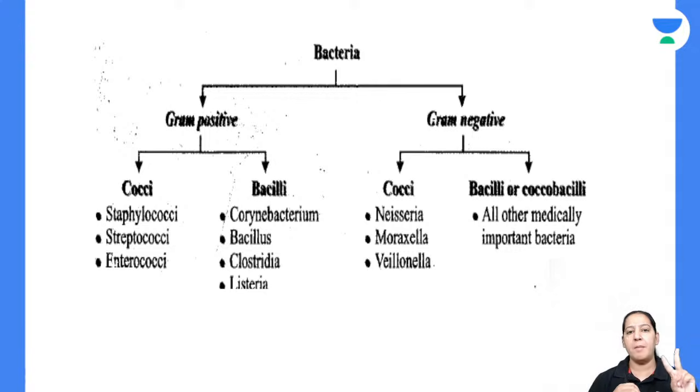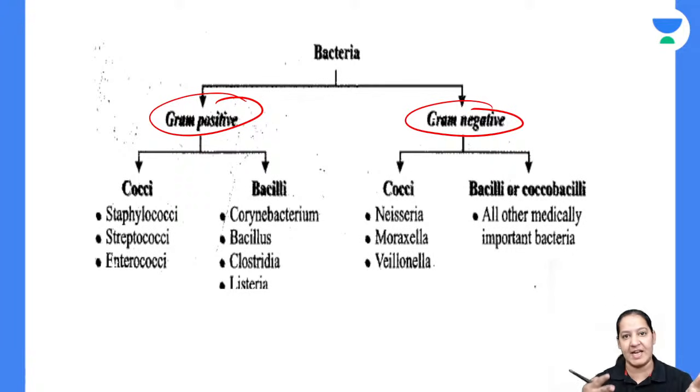So here we are going to combine two things together. Number one, some bacteria are gram positive, some bacteria are gram negative based on the gram staining. On Saturday we have learned gram staining. Based on that we divide the entire 40 bacteria. Some of them are violet in color, they are gram positive. Some of them are red in color, they are gram negative.